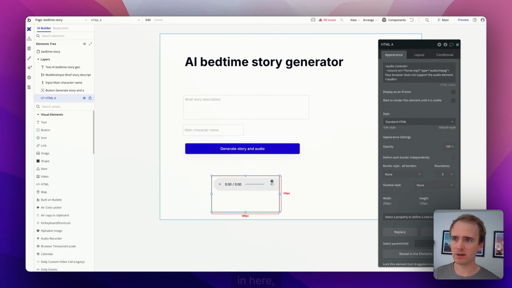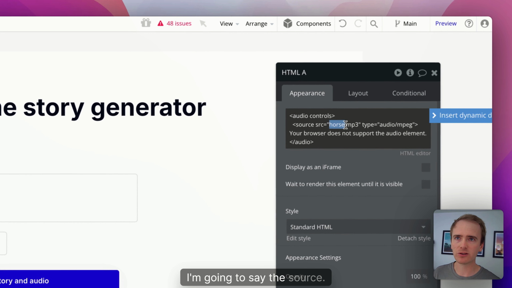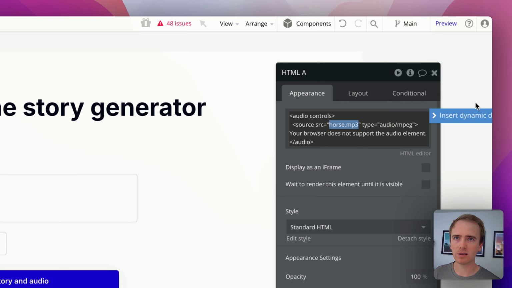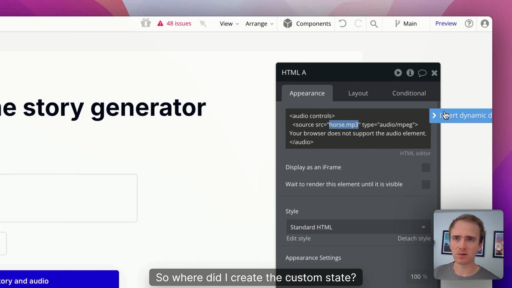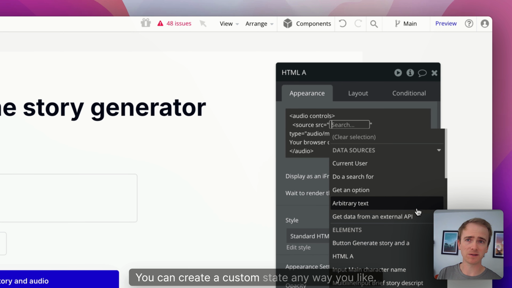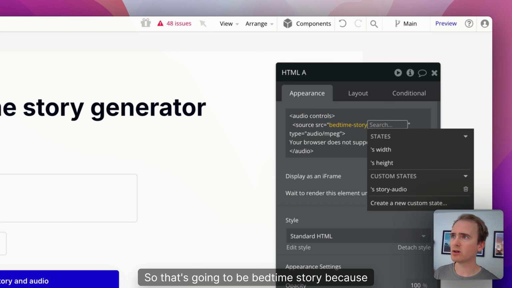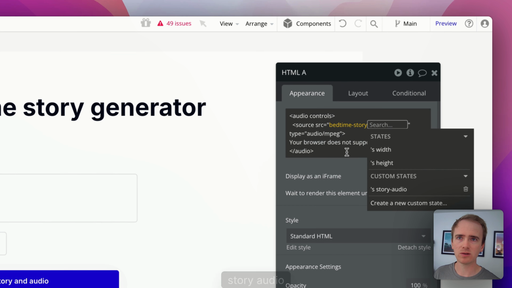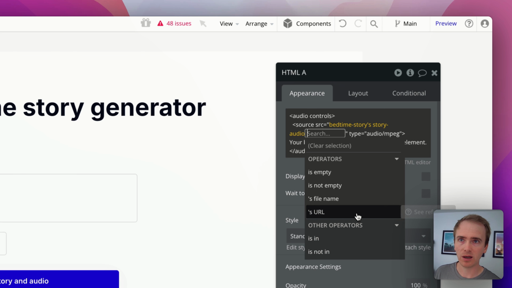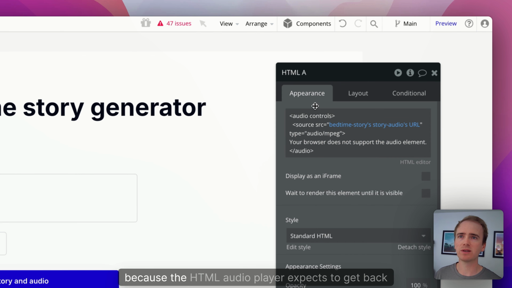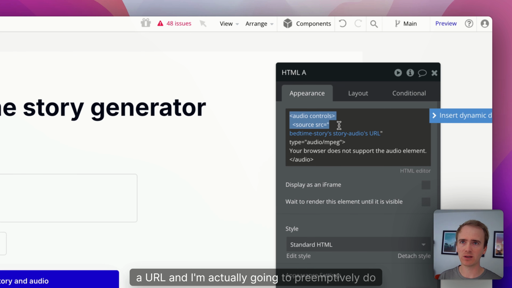And now in here, let's just make this slightly bigger. Here we go. I'm going to say the source. Oh, we didn't mean to do that. The source, I'm going to make that dynamic. So where did I create the custom state? Well, I created it on the page. You can create a custom state anywhere you like. So that's going to be bedtime story because that's the page. Story audio URL. Okay, because the HTML audio player expects to get back a URL,